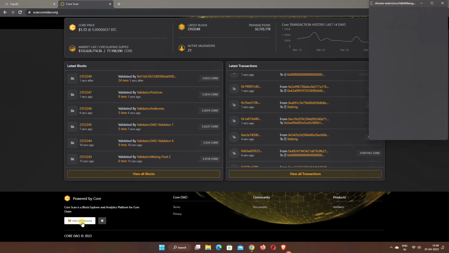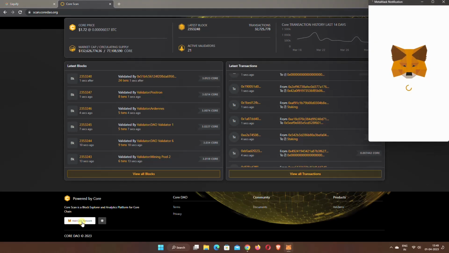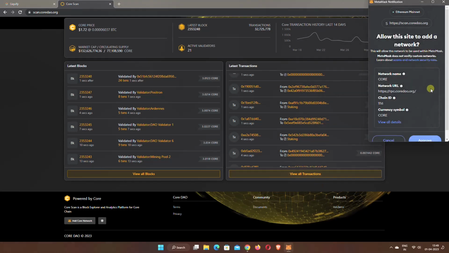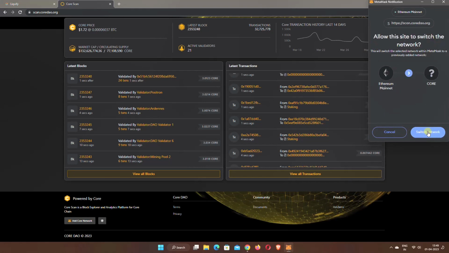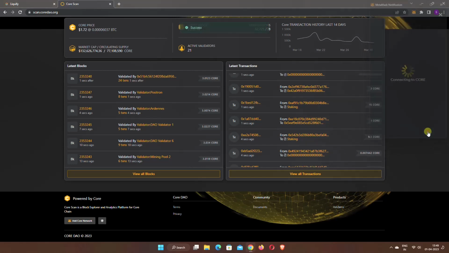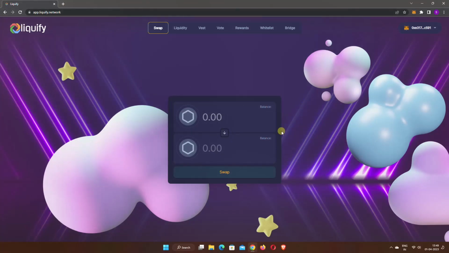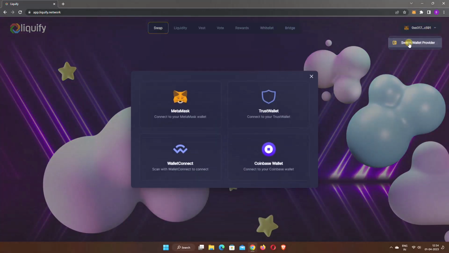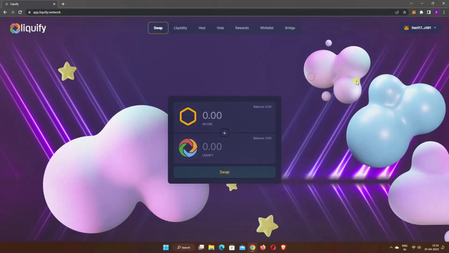Click on the Add Core Network button. Your MetaMask wallet will open automatically. Click Approve to add the network. Click on Switch Network. Now, close this tab and you will see your wallet is already connected to Liquify Network. You will also see your wallet address, which means your wallet is connected. And you can use Switch Wallet Provider to connect other wallets,